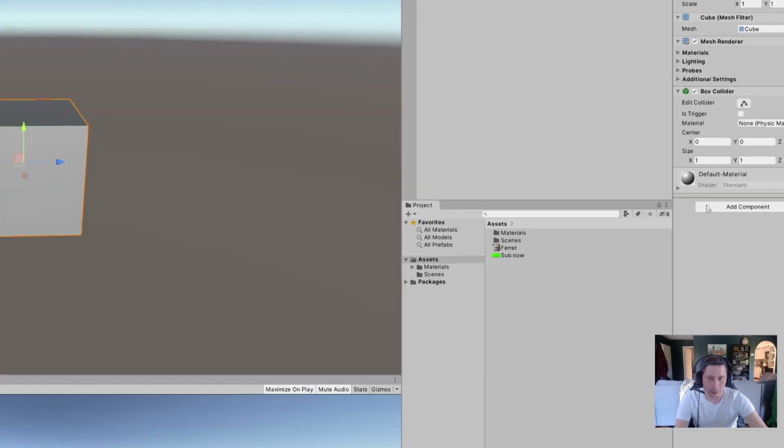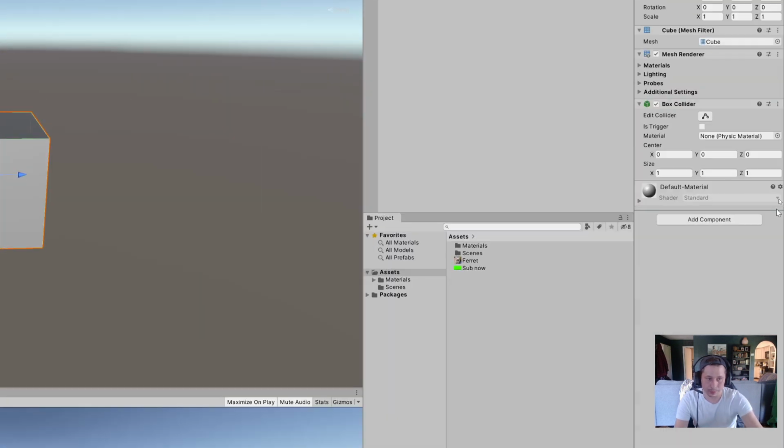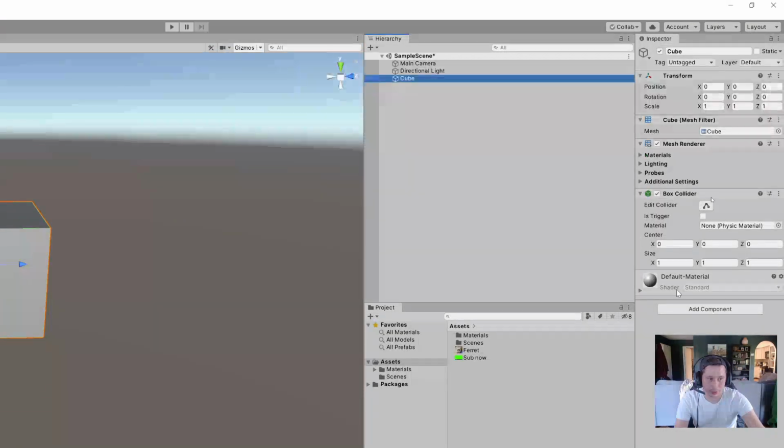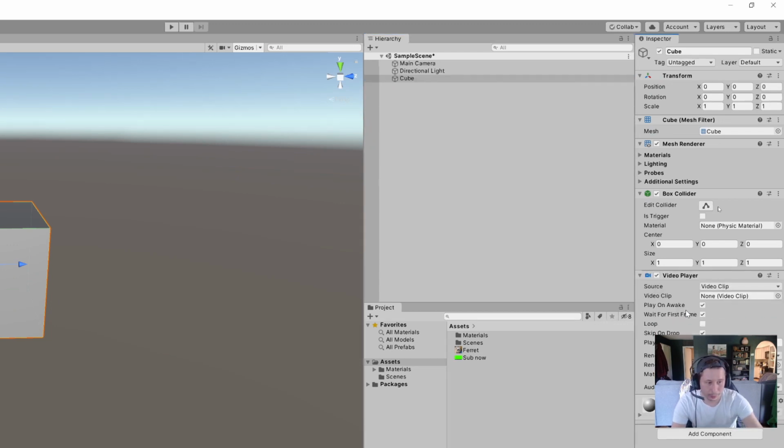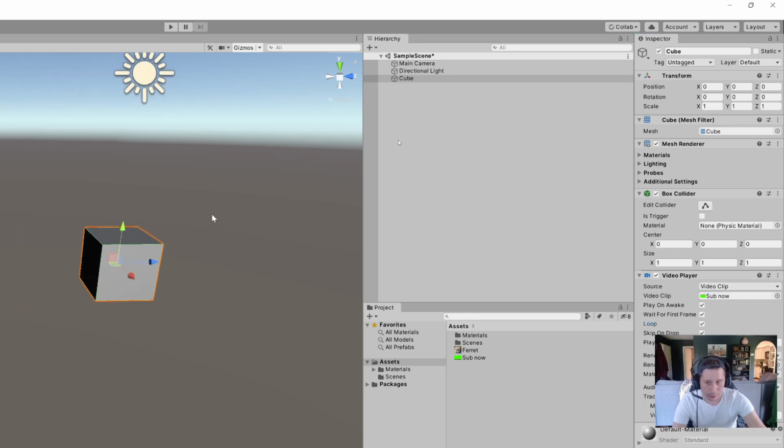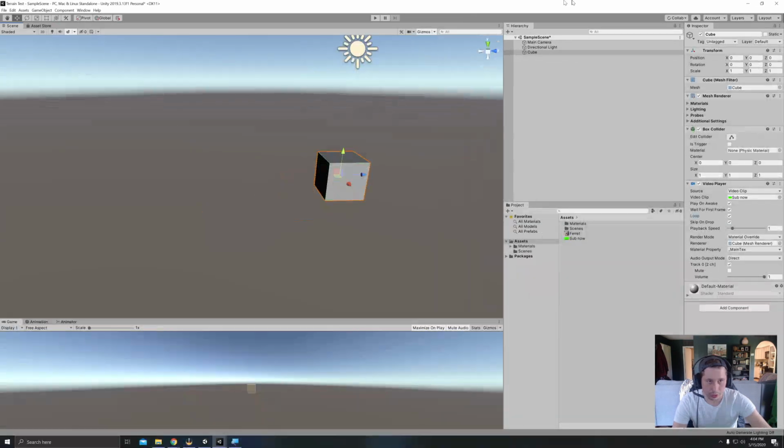We will create a new object. We'll go to the inspector tab, click add component. We're going to add video player. Let me just put that video in there. Make sure we loop it. Now, generally speaking,